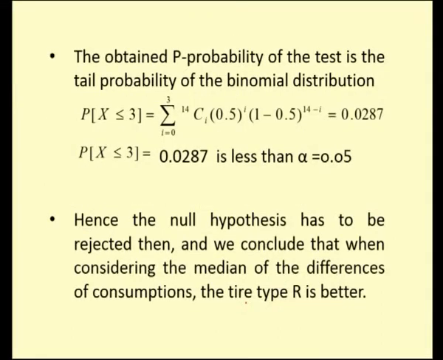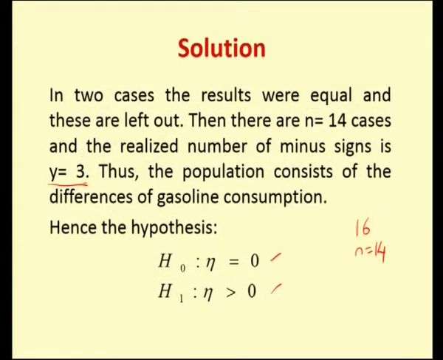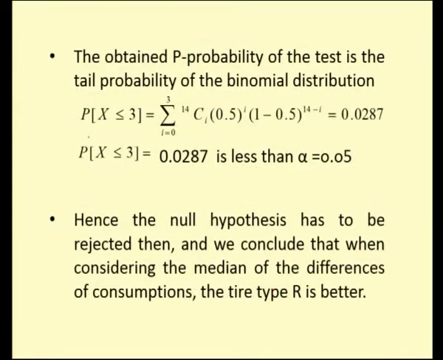So here you find that the number of minus sign is 3. So I want to find out probability of x is less than or equal to 3. So here i is equal to 0 to 3 using the same binomial distribution nCx p power x q to the power of n minus x. So n is 14, and in the place of x you have got i ranges from 0 to 3.